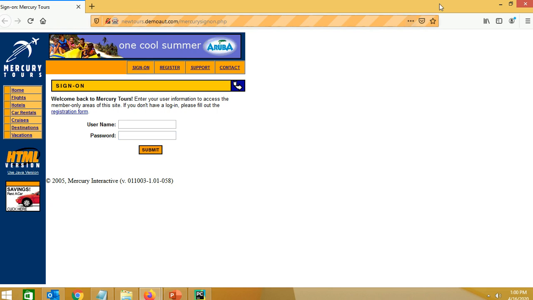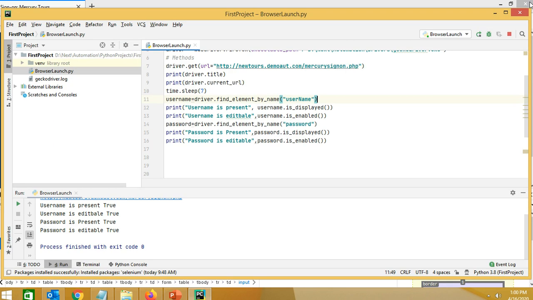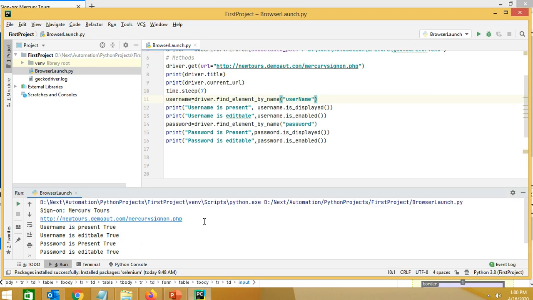That's it. So let me close this and go back. Now you can see the title gets printed, the URL gets printed, also the username field is present and editable, password is also present, password is editable as well.